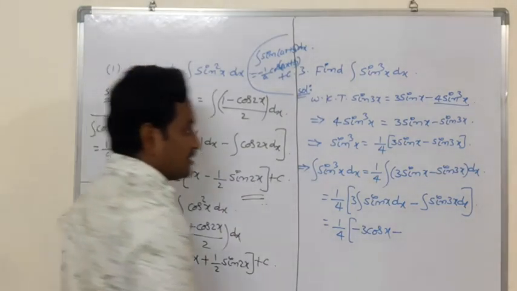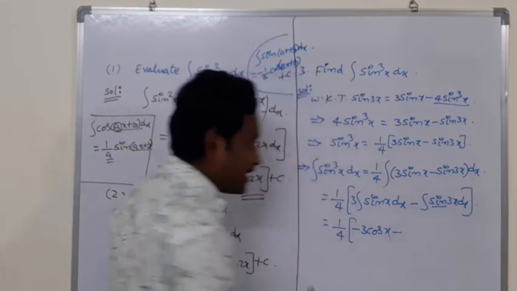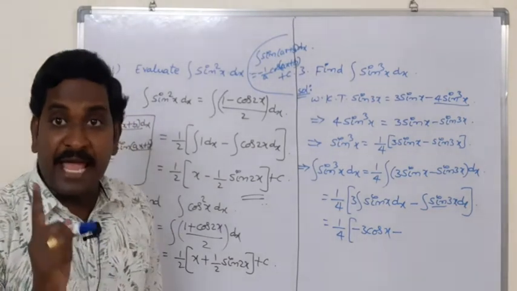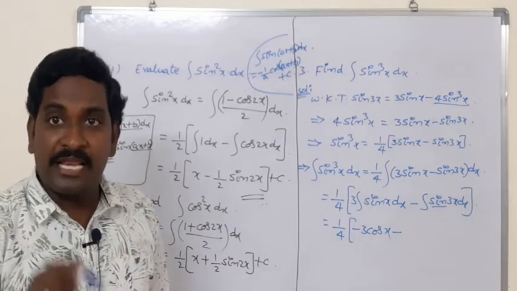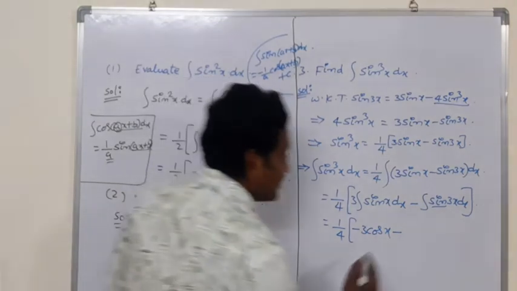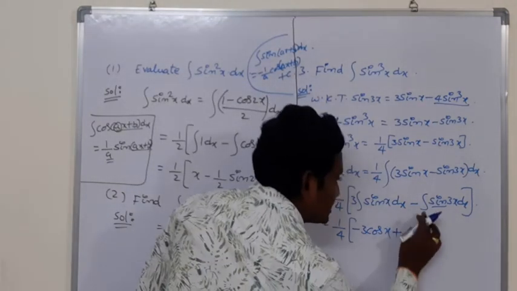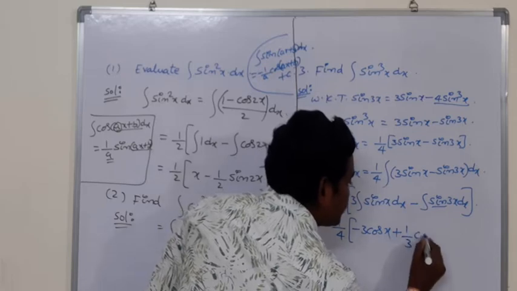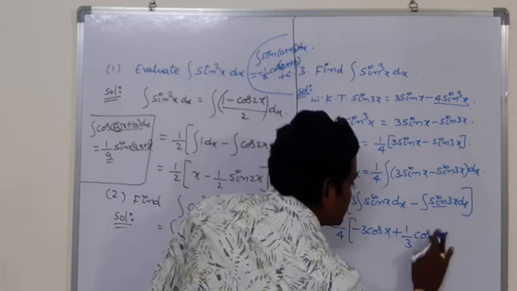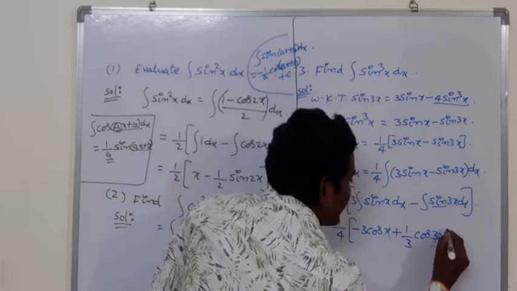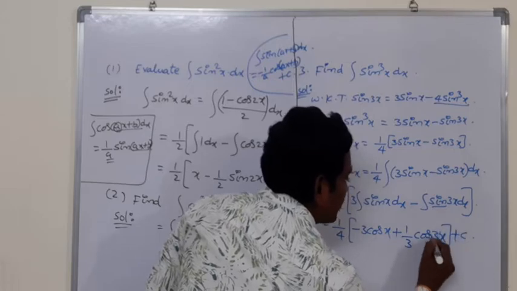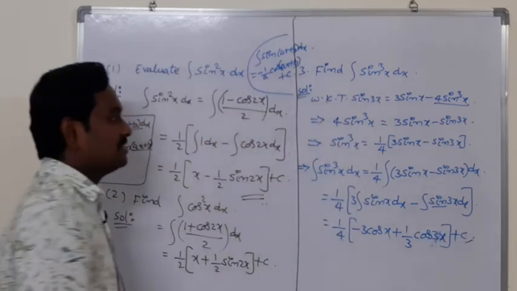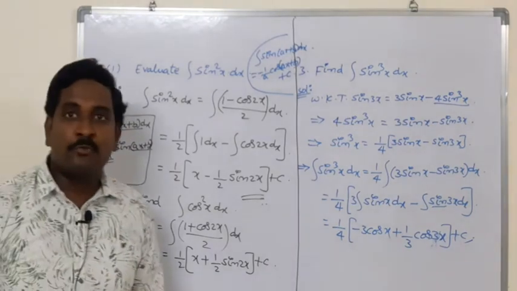So here we observe that integration of sin is minus cos. You should write the x coefficient in the denominator. Here the x coefficient is 3. That's why you will get minus of minus, plus, because the integration sign is minus. That's why minus minus plus 1 by 3 into cos 3x. Integration is completed, so add constant c here. This is the integration of sin cube x.